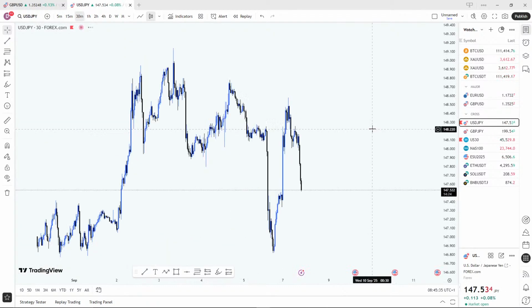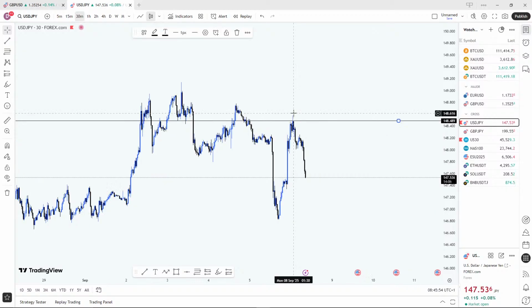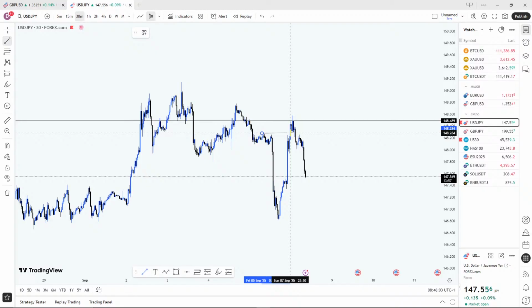Then on USD JPY, I guess we didn't analyze USD JPY. So let me also give you guys what I'm expecting on this USD JPY. If you notice, there's this line I marked out at this very zone. This is a nice sell zone. But I didn't enter for this sell because the liquidity right here was not clear. It was not so clear, but it was a nice liquidity the price can likely take out.